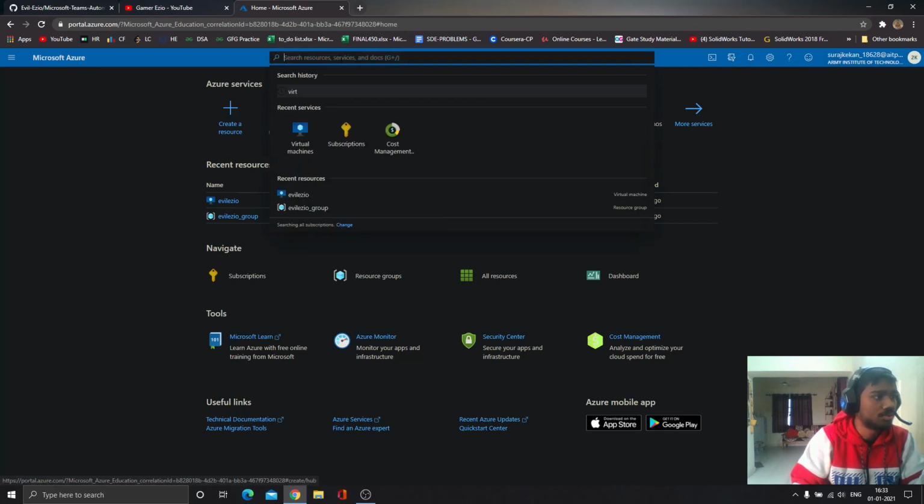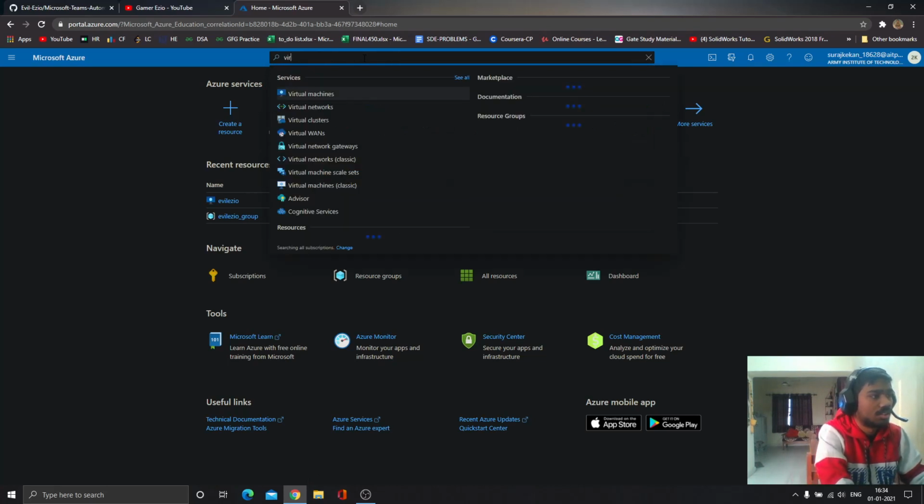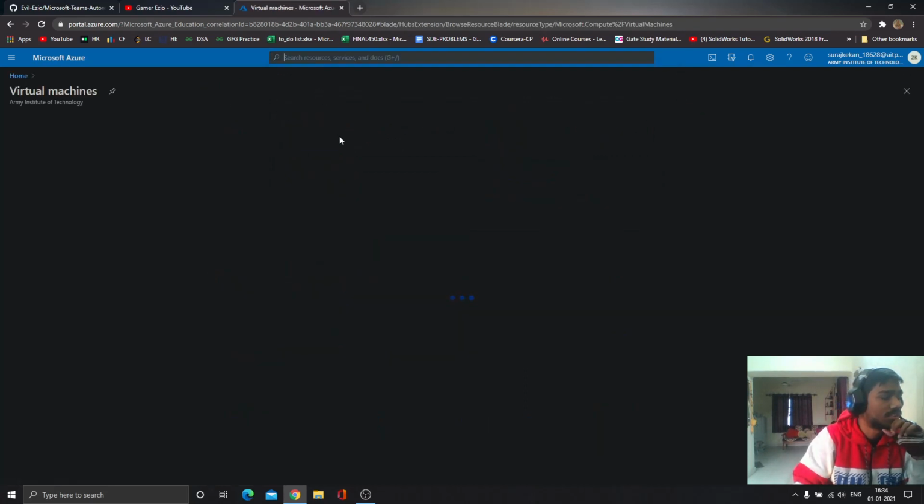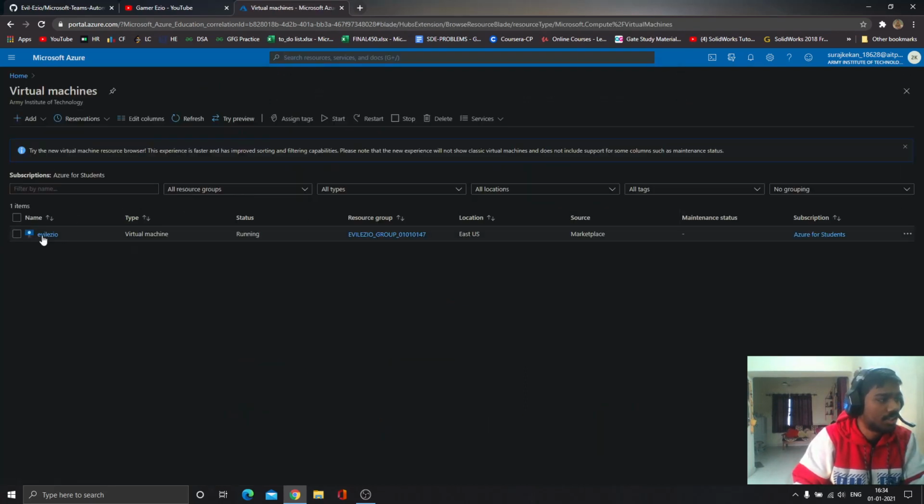Just go to this search bar and type virtual machines. Then go to virtual machines, and currently this is one of my virtual machines, so it's showing here. But when you open this for the first time, there will be no machines.